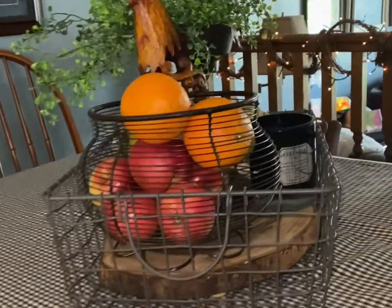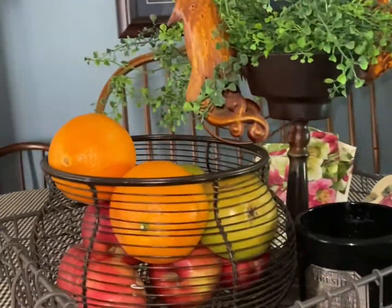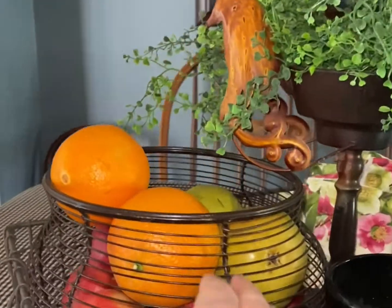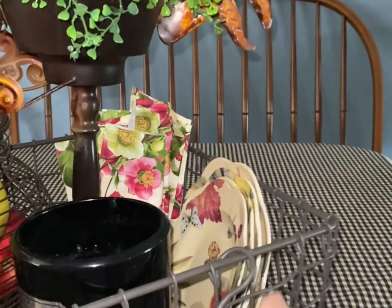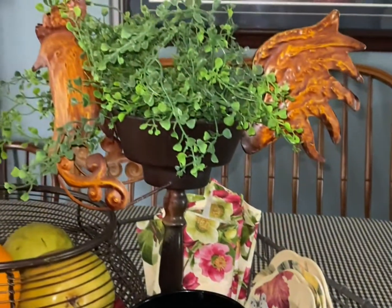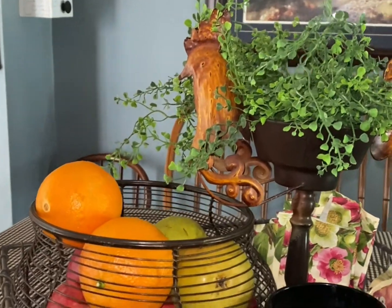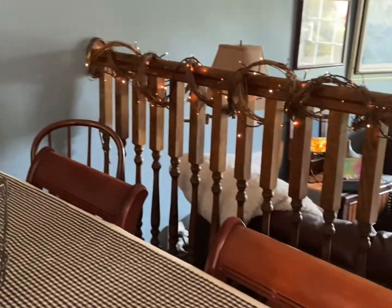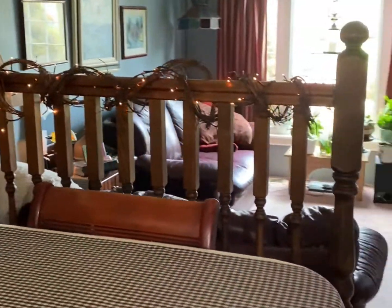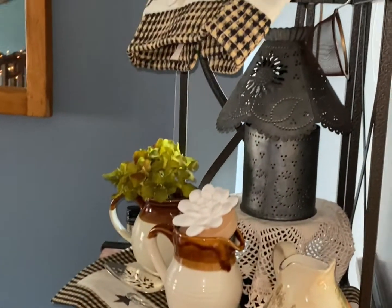And I always like doing a little bit of a display with wire. I love wire baskets. These are things that I found at thrift store. Some springtime plates. My chickens. Our lights are always going. We love them at night, in the day. And I took an old